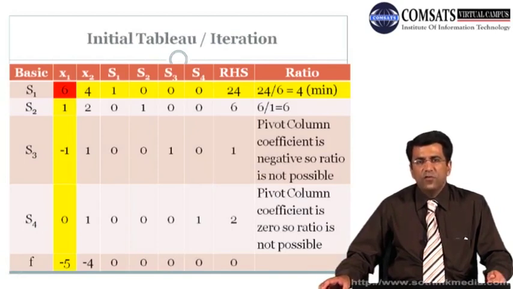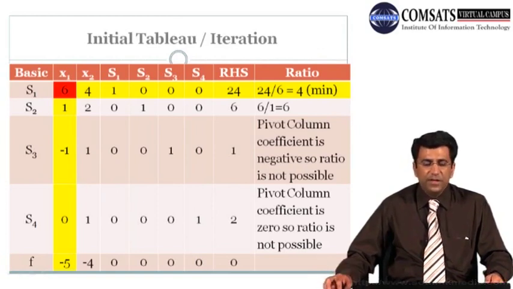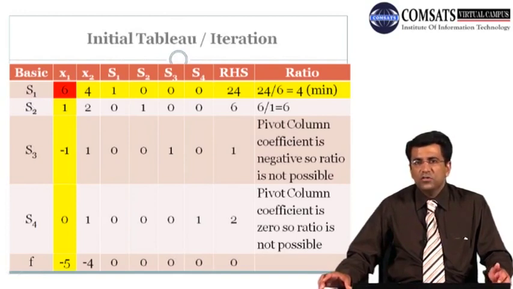Again, class, we'll have to formulate an initial tableau, and you have already worked with this initial tableau in our previous lecture. These are our basic variables, that is, the variables whose values are not equal to 0. We didn't put the values of these variables equal to 0 in the initial solution. So our basic variables will be s1, s2, s3 and s4. We will not take x1 and x2 as basic variables because we have put x1 and x2 equal to 0 in our initial solution.